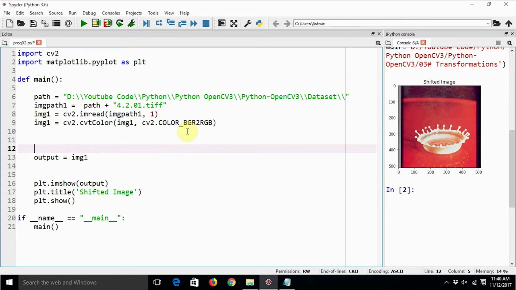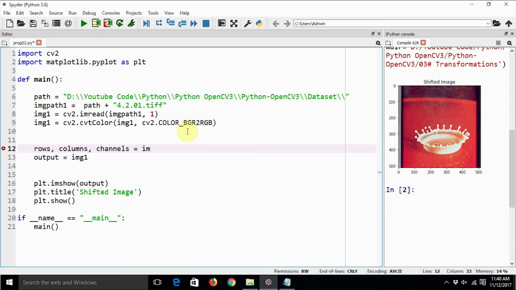Even before we define the matrix, we need to actually extract the shape of the image. The shape of image can be extracted by means of rows, columns, and channels. This is a color image, right? That's why we need three parameters to collect the value of the shape. One is for rows, another one is for columns, and the third one is for number of dimensions or number of color channels.